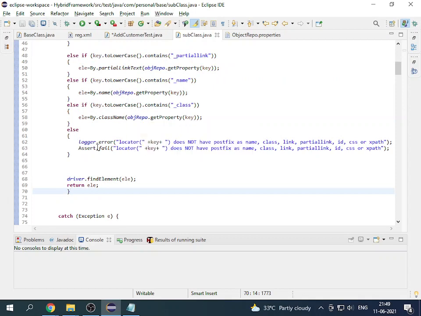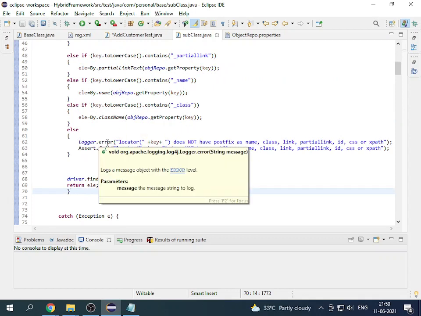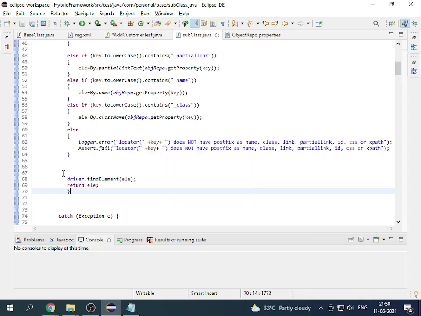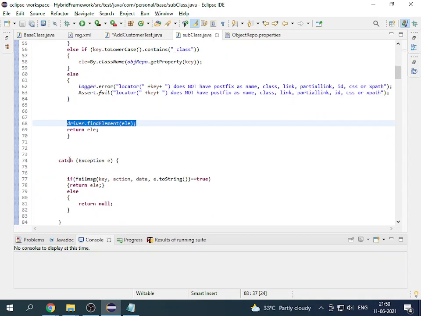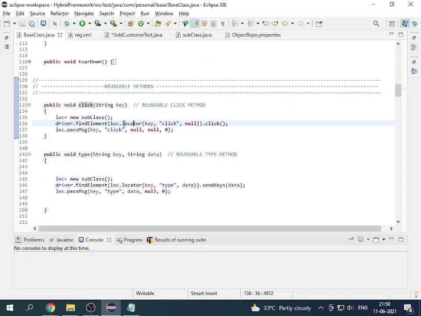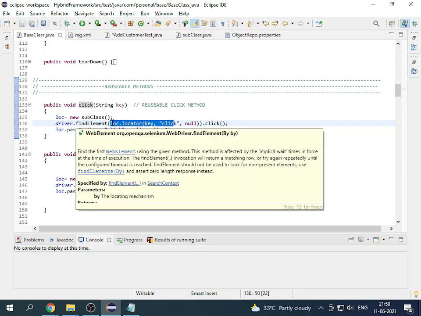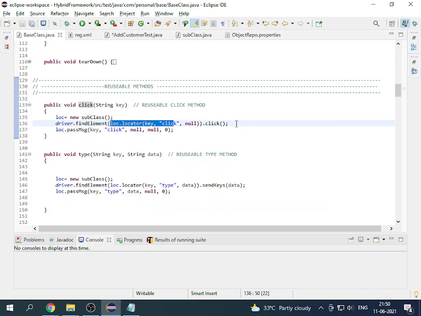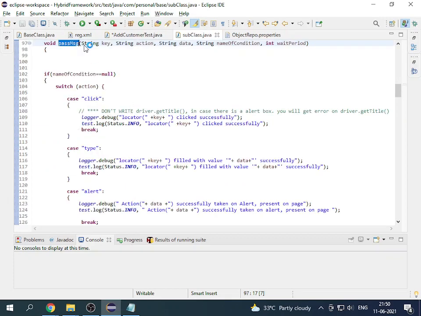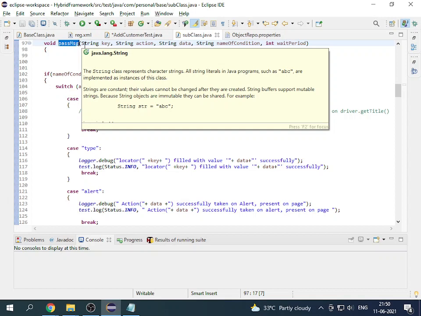In case the web element is not present on the page, this is going to give me an error and we are going to face an exception, and the test is going to fail. But right now everything is passing. It is going to provide me a reference variable of by class, type dot find element, then there is a reference variable dot click, as simple as that. Then pass message. Your execution will reach the pass message only when obviously your previous step has passed.